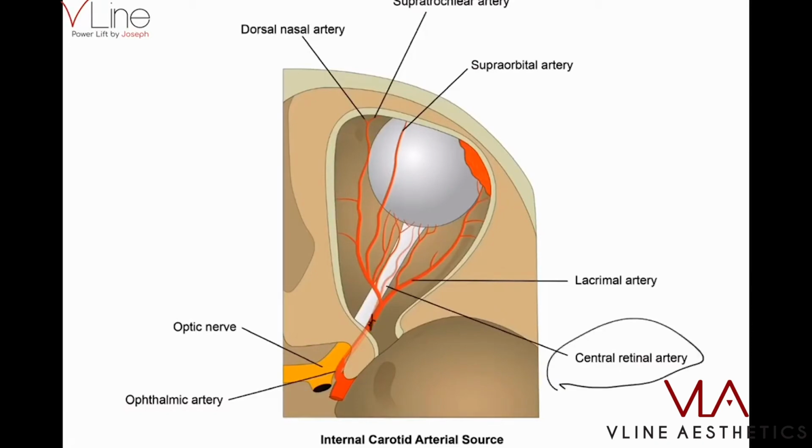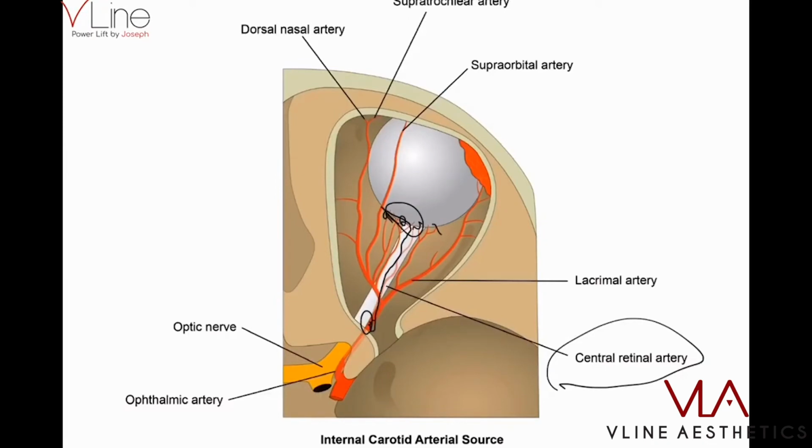So it backs up into the central retinal artery, and the product gets deposited there into the retinal area, causing lack of oxygen to these tissues and possibly resulting in visual changes and